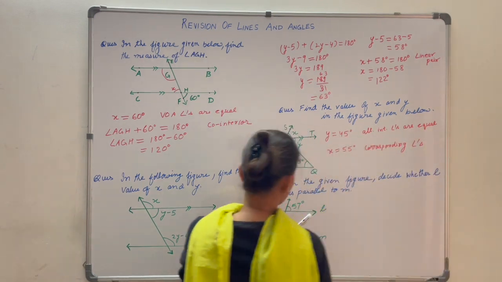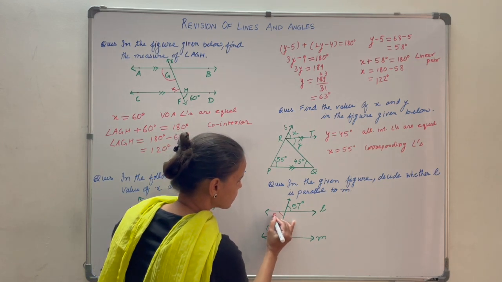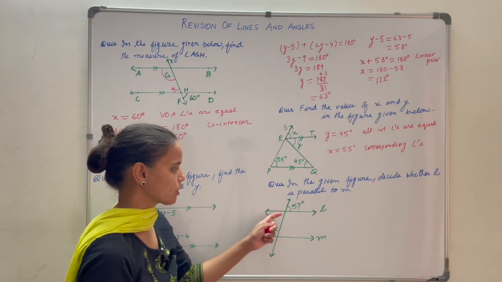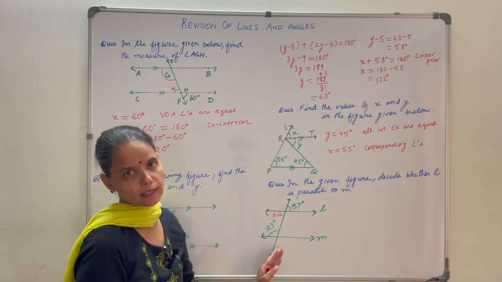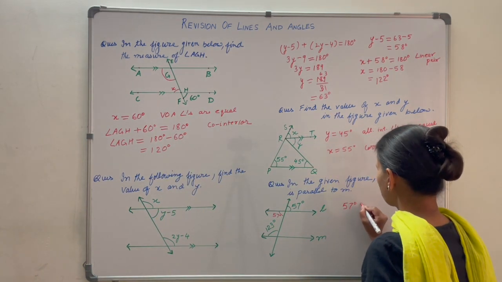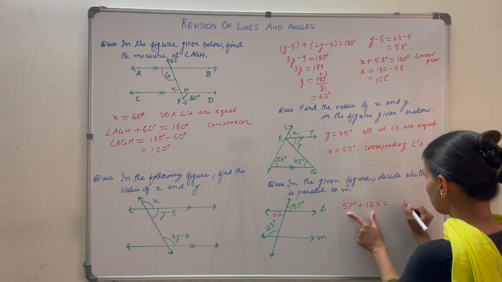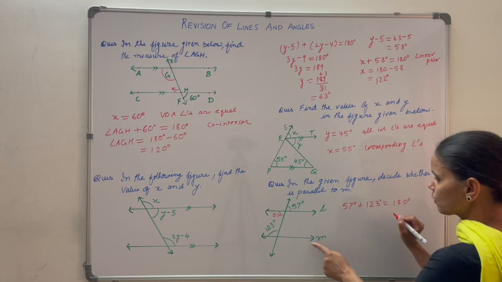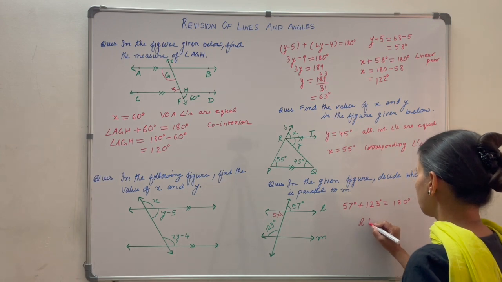So here we see this is given as 57 degrees. So how much is this vertically opposite angle? This is also 57 degrees. Now let us add these two angles. If this summation is 180 degrees, meaning angles on the same side of the transversal are 180, then these two lines are parallel. So let us add 57 degrees plus 123 degrees. If you add this, 7 plus 3 is 10, 5 plus 3 is 8 and 180 degrees. So angles on the same side of the transversal add up to 180 degrees. That means L is parallel to